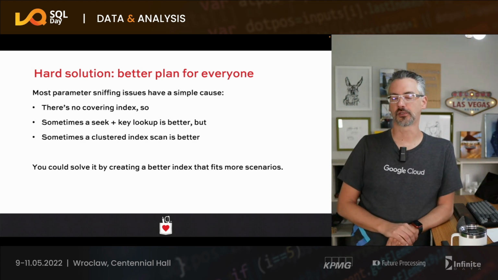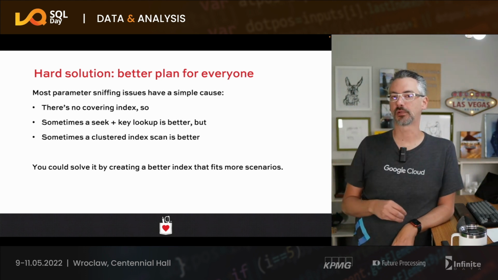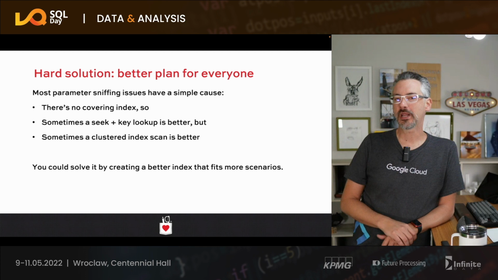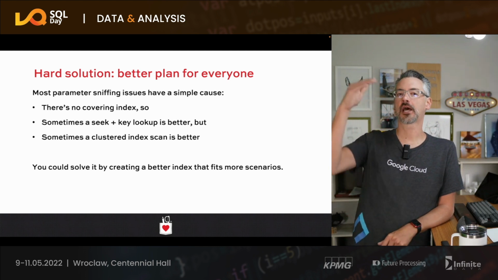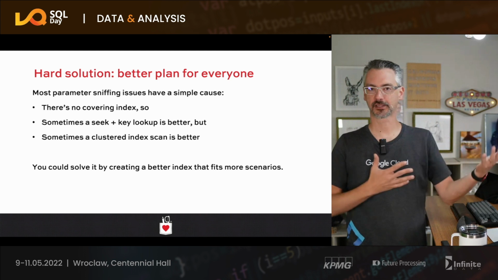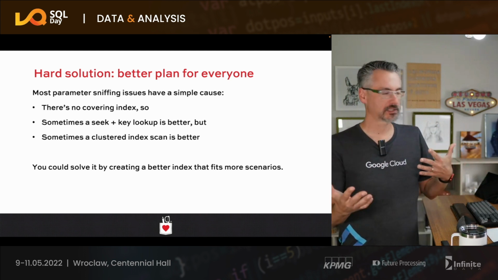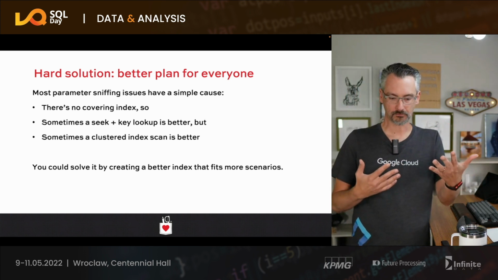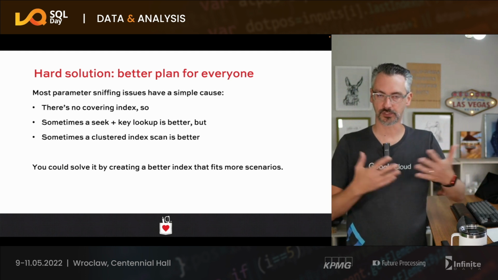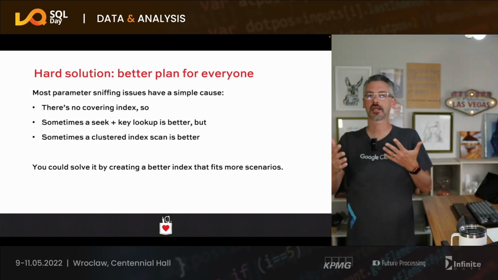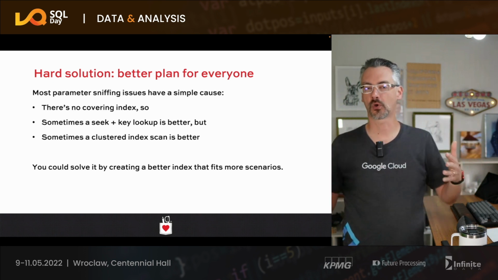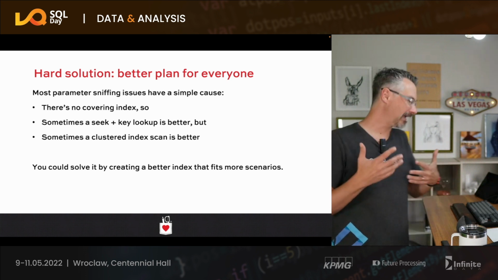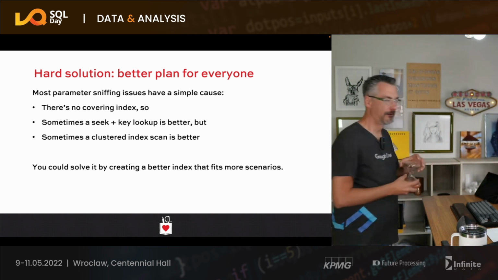The hardest solution is to get a better execution plan for everyone. And I say it's hardest, it's not really that bad, but when you see parameter sniffing issues, one of the top causes for that is where SQL Server has to decide between an index seek and a key lookup versus scanning the entire table. SQL Server is making the decision between those two. Sometimes I can help it by creating a better index that just simply works across more scenarios, or changing the code. I say it's a harder issue because when I do query tuning, I keep a little, well,